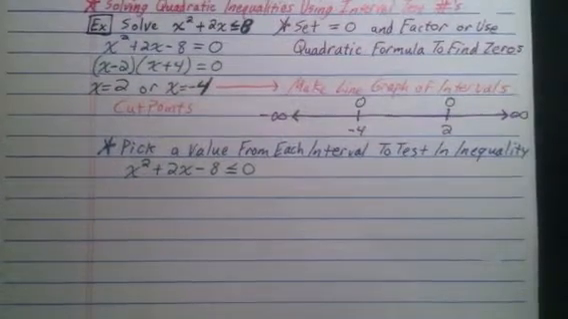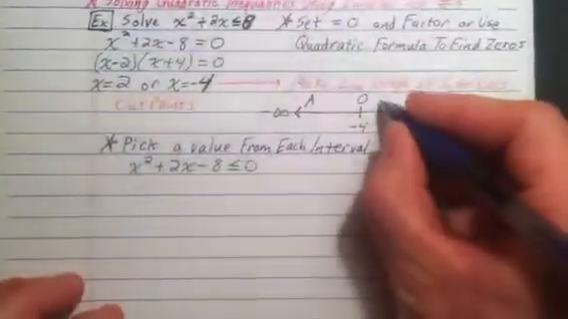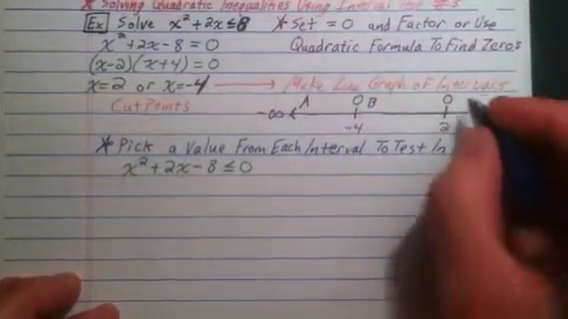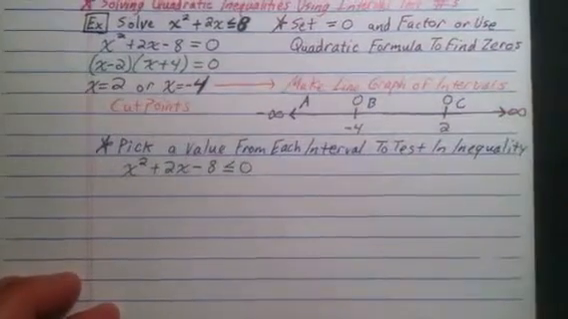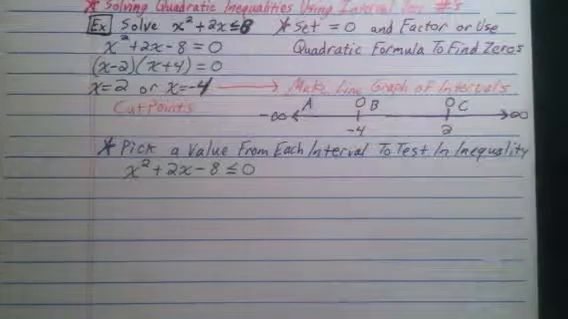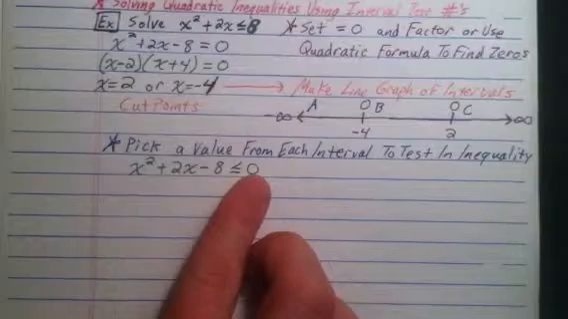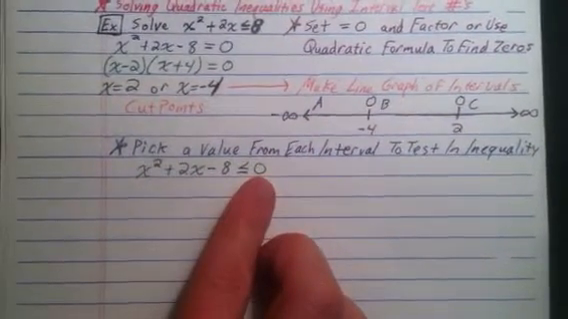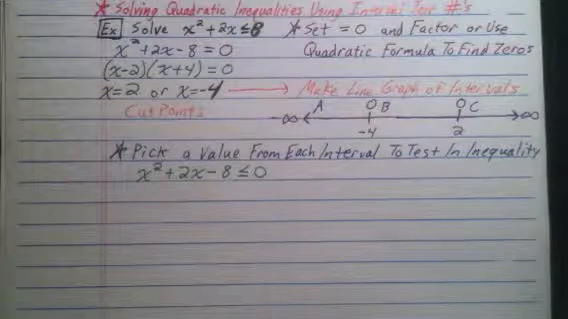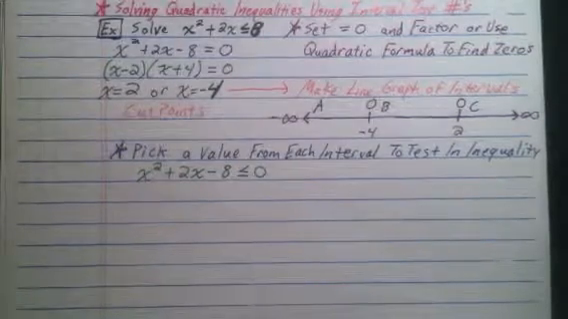So we can call these three intervals that we just created on our number line. We could call this interval A, this interval in between -4 and 2, interval B, and then from 2 to infinity, we'll call that interval C. So we have to pick a number from each interval, plug that number into our inequality, and see if we get a number that is less than or equal to 0. If it is, then that interval is part of our solution. If we get something that's greater than 0, then that interval is not part of our solution. So our first interval, interval A,